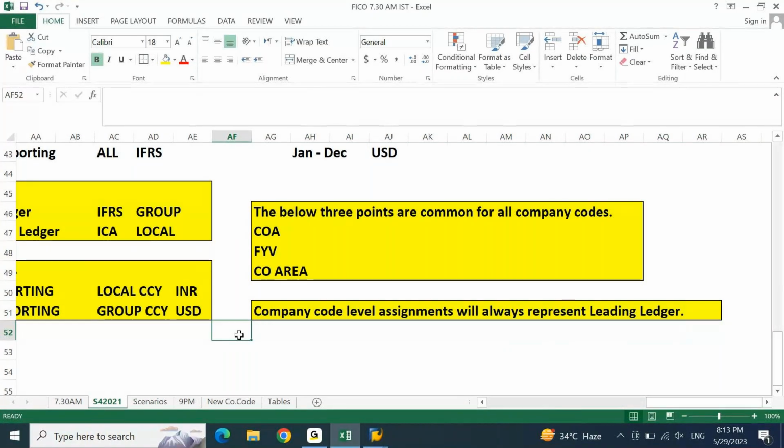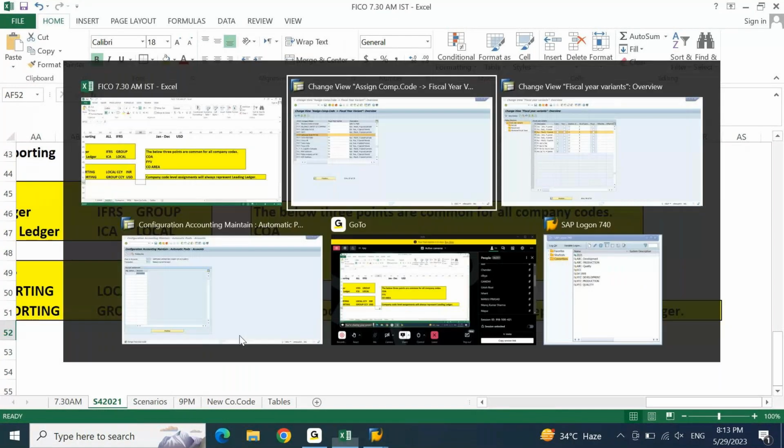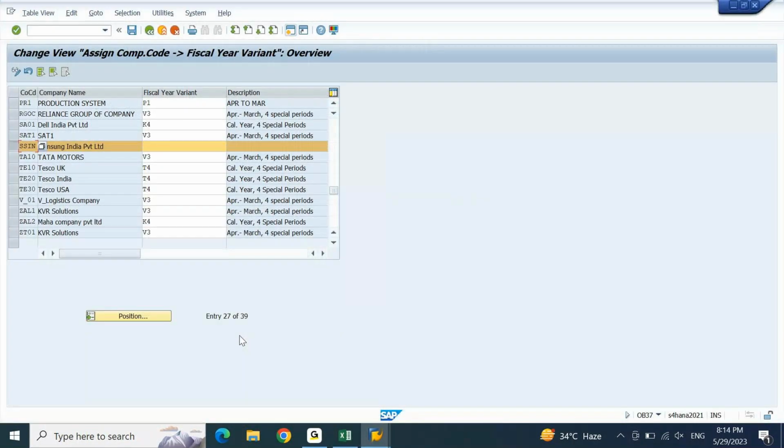Now, if you are looking at this setting here, is the system talking about ledger anywhere or is it only a company code that you are able to see? It's only a company code that we are able to see here. Right? Anything that you are assigning only at the company code level will straight away represent leading ledger. Now, according to our reporting requirement, for leading ledger,